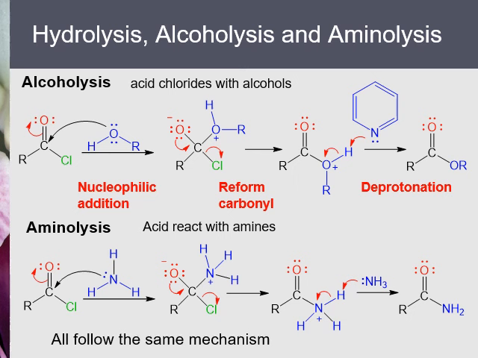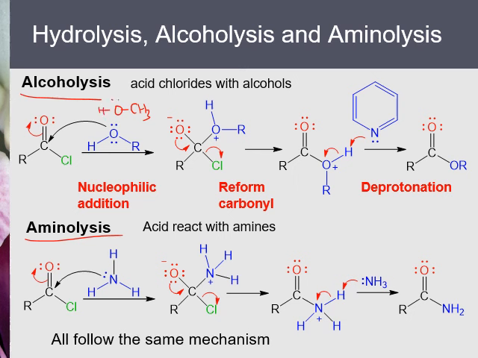In the last slides, we showed acid chloride reacting with water to form carboxylic acid. The reaction is called hydrolysis. Okay, acid chloride also reacts with alcohol or amine, and the reactions are called alcoholysis and aminolysis. Okay, the reaction mechanism follows the same pattern. For example, if it's alcohol, such as methanol,